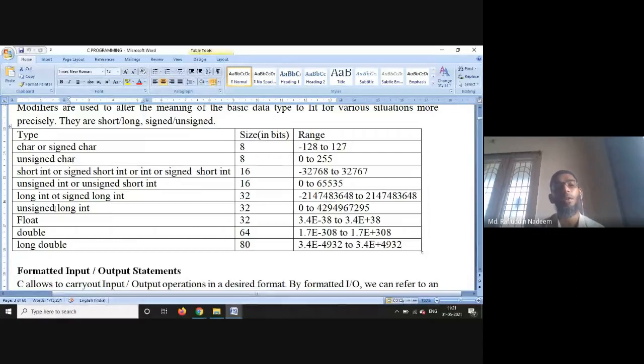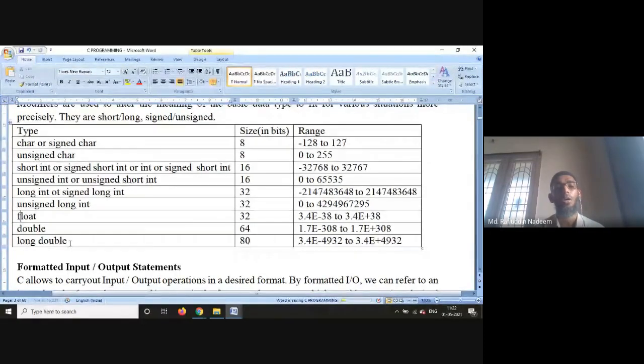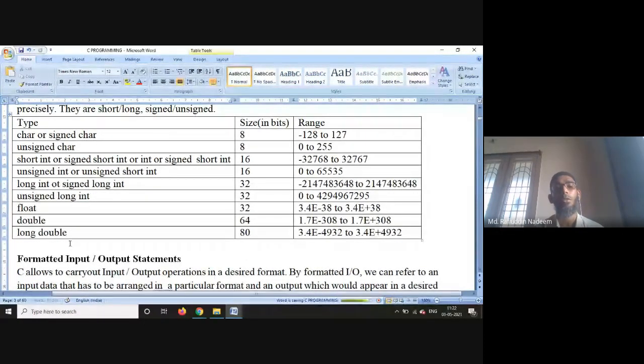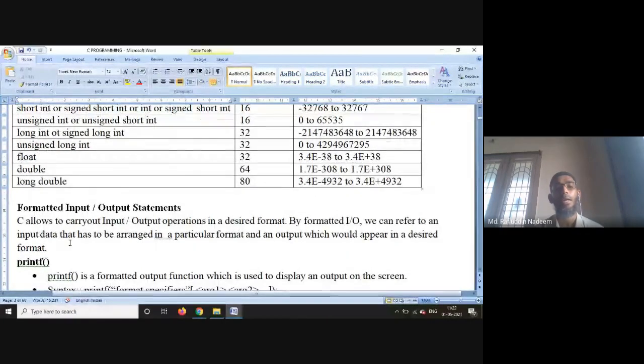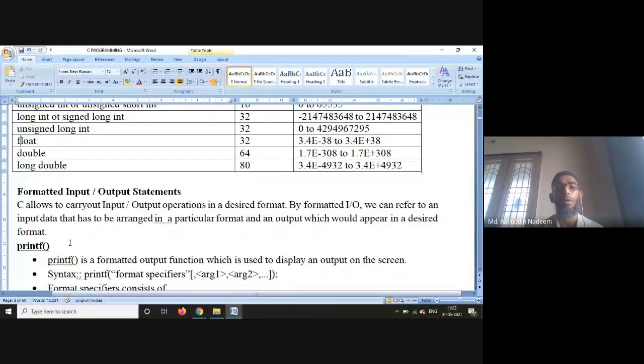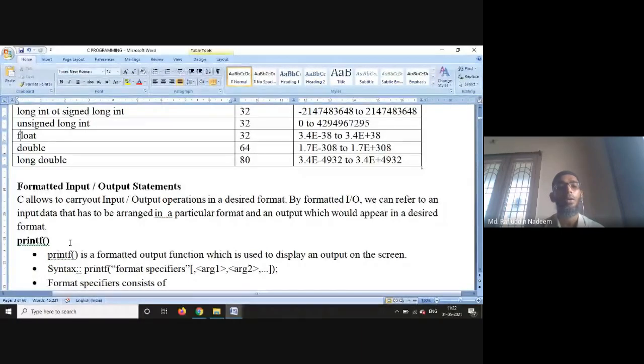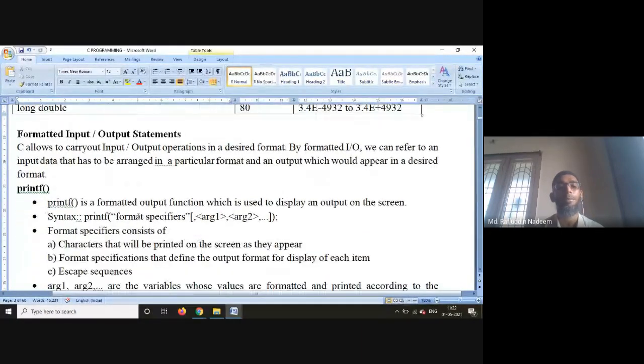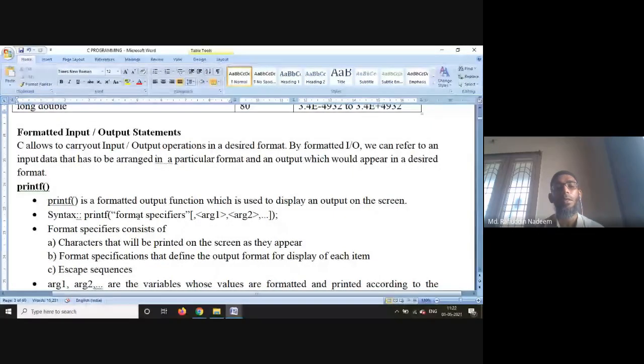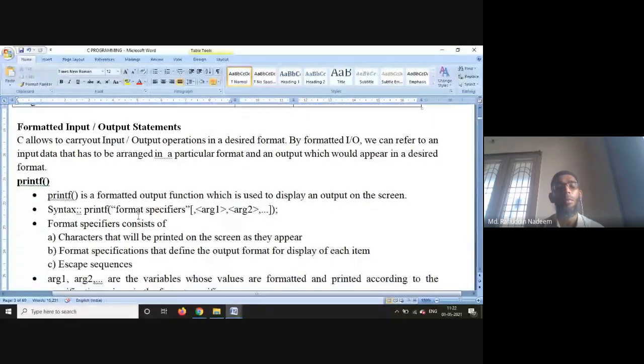Like that, whatever is flexible for you, whatever is required for you, you can declare them and use them. Okay. Then we have formatted input and output statements. This also we have used, the printf and scanf. So in a specific format, whatever type of format you want to display on the screen, whether integer or float or character or string, a particular type of format. If you want to design your output screen, then you can go for these formatted input and output statements. So printf is a formatted output statement, okay, and scanf is a formatted input statement.